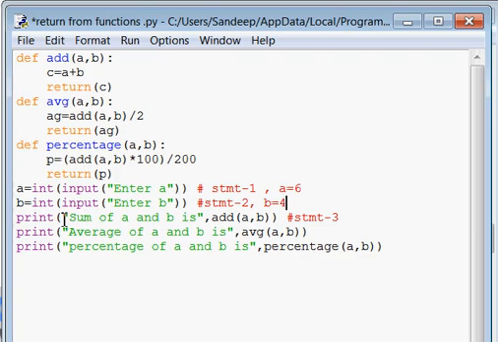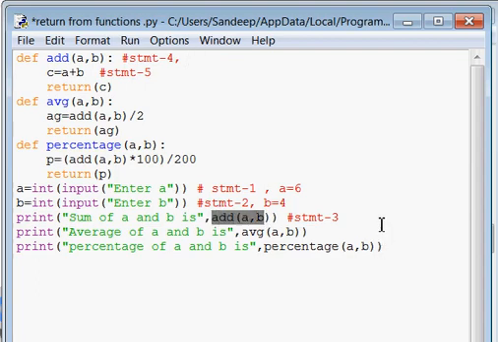Print. So in the output screen you will see the sum of a and b is, and this is a function calling statement. Due to this function calling statement, your control comes to this function, means now statement 4 will be executing, and after that statement 5. In statement 4, a and b will have the values passed from the function calling statement.